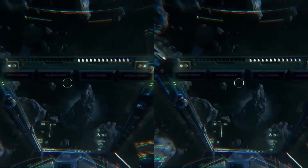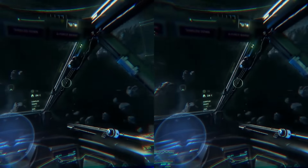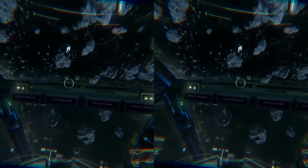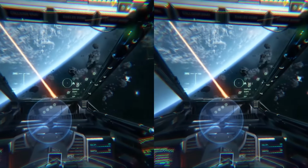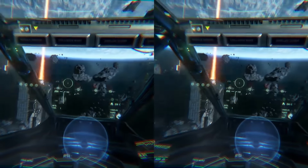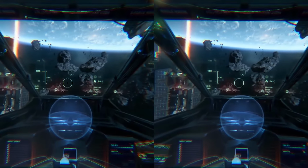And it seems as if it's going to allow great head tracking, ways to do all sorts of different amazing things, so that VR is a true and viable thing. It's not just some gimmick popping things into your eyes that are tricking you, some optical illusion. It's a way to get you into the game a little bit more, and quite frankly better than usual. Even if the resolution is a little bit small at the moment, this game, Star Citizen, will probably take VR to the next level, more so than any game has so far,